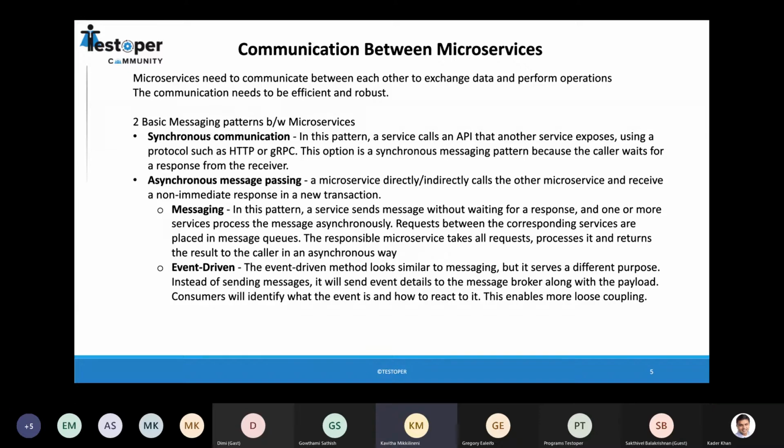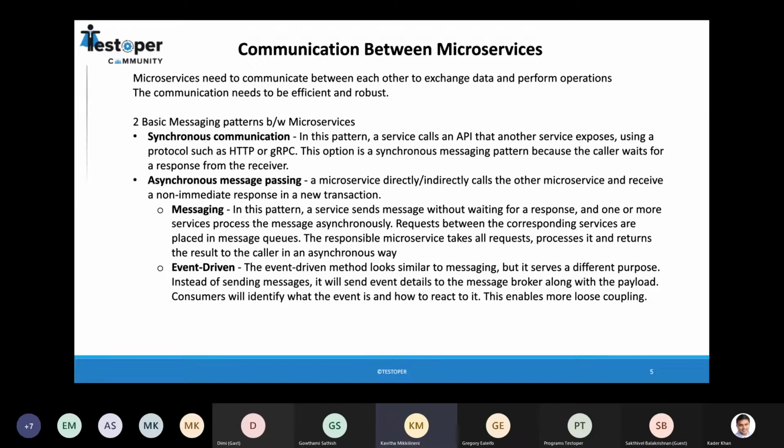One of them is the synchronous one, where we post a request and wait for a response. So we have to wait for the response. That is called the synchronous. This is achieved by the general HTTP or the gRPC protocols. For HTTP, we have the REST APIs available. gRPC is also another protocol where this kind of synchronous communication can be achieved.